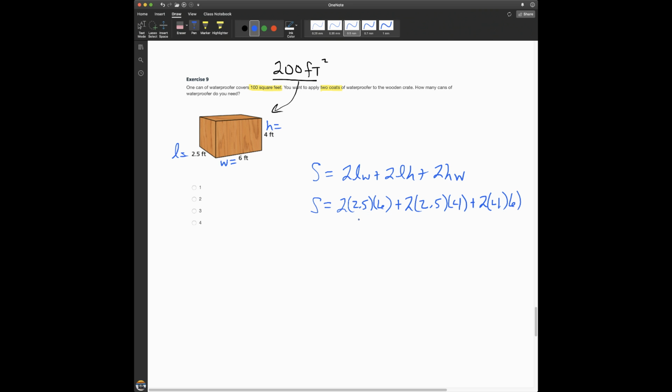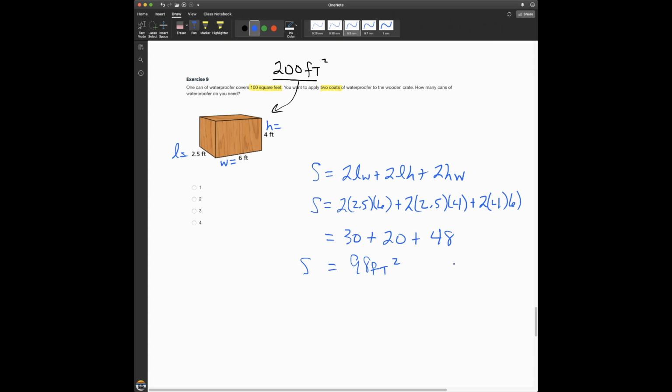All right, 2.5 times 6, what is that? 2.5 times 6 is 15. 15 times 2 is 30. All right, 2.5 times 4 is 10. 10 times 2 is 20. And 4 times 6 is 24, times 2 is 48. So if we add all that together, the surface area of the crate is 98